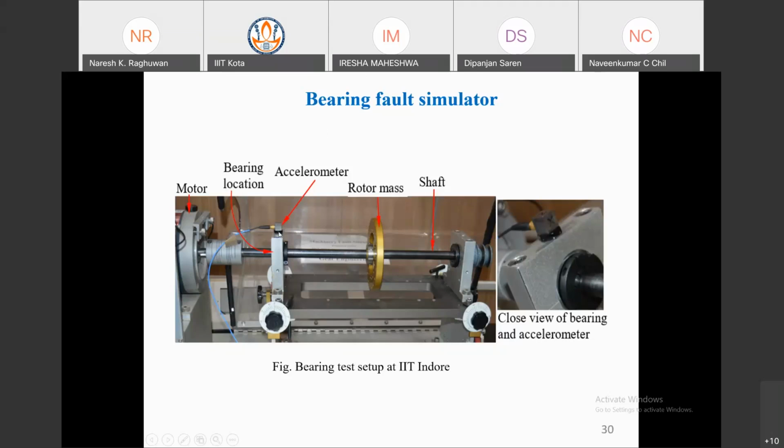This is the accelerometer, placed on top of the bearing housing. This is the electric motor. Some controls are there to set the speed at which you rotate this shaft, and if there is some fault in the bearing, you can analyze it. For a healthy bearing, first of all take the signals from the healthy bearing, then replace this bearing with